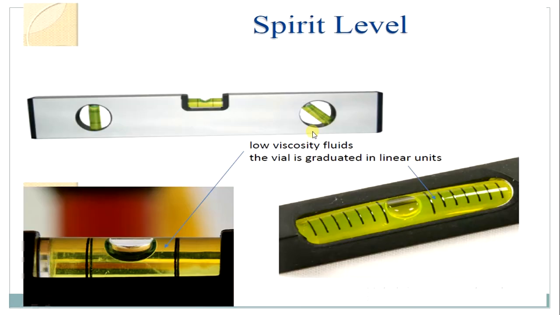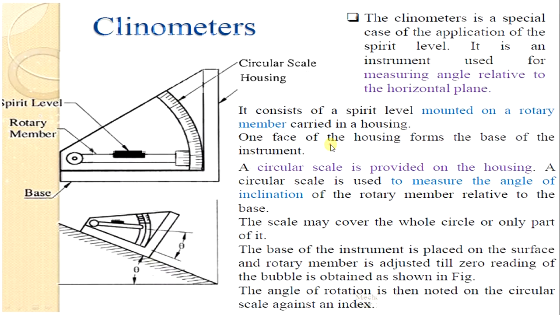Then we have a spirit level. The spirit level is our day-to-day instrument which can be used to measure specifically the levels of the ground. All types of carpenters and builders go for spirit levels, so it has a number of applications. Combined, it can be used for measuring horizontal and vertical inclination from both sides, and inclination can also be checked for reference purposes.